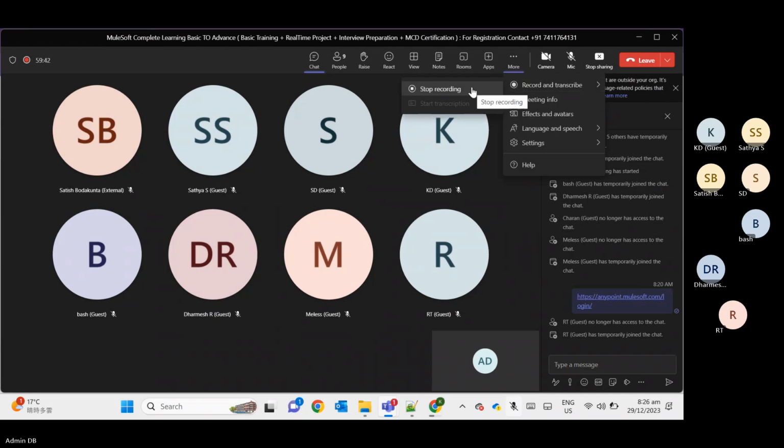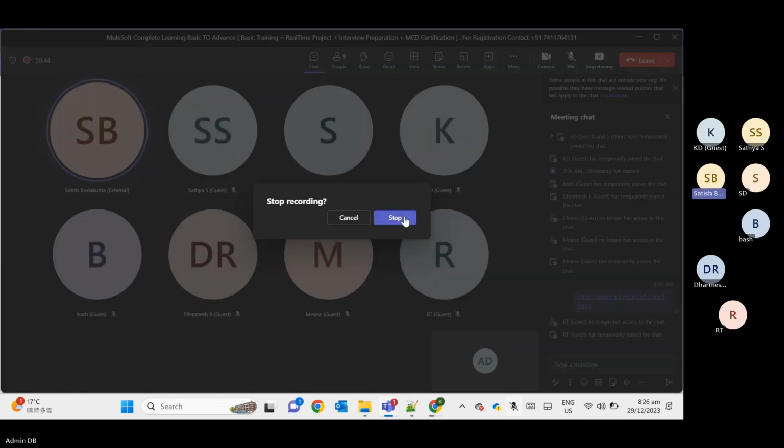Maybe in Anypoint Studio, some old versions